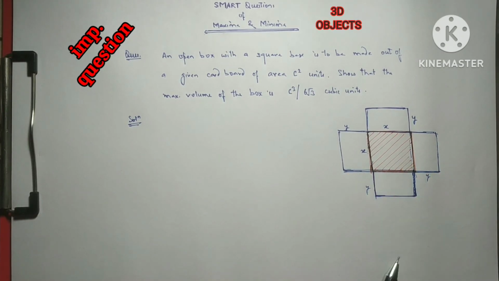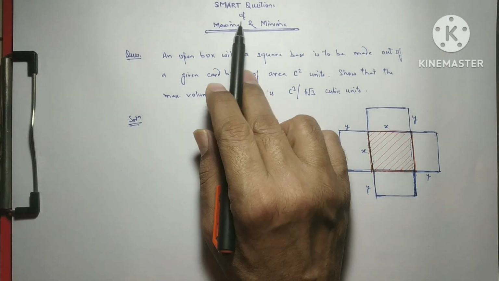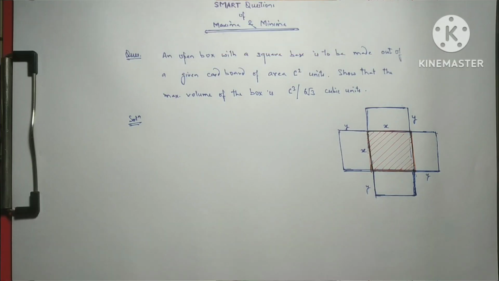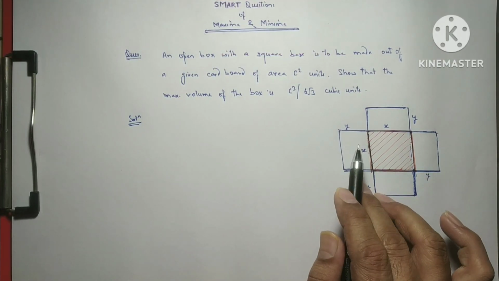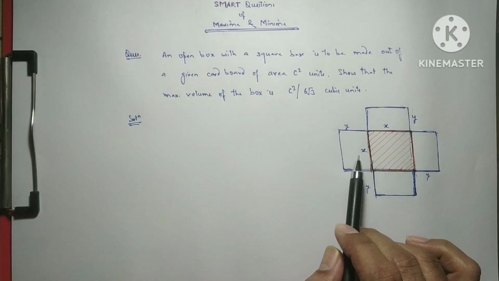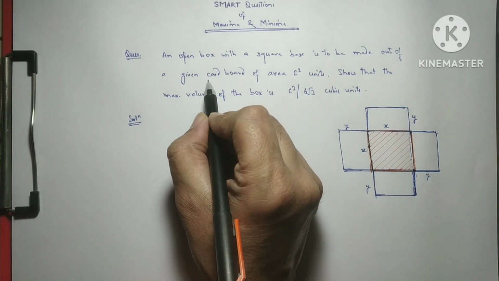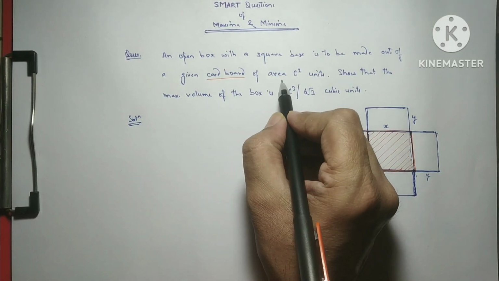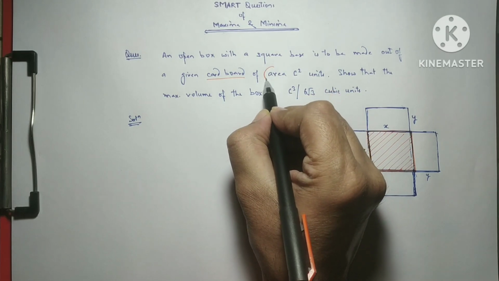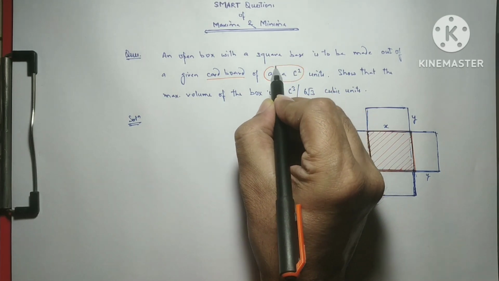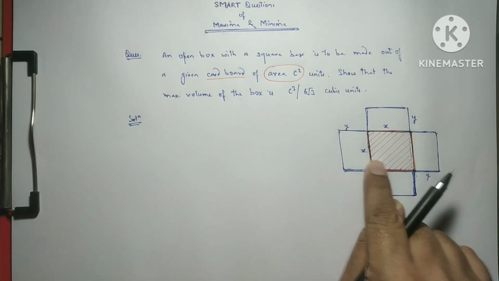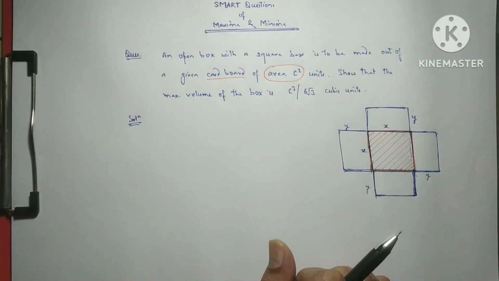Hello guys. So the smart questions of maximum minima. Right now in the first question we are taking an open box which is made by a cardboard of given area. This is the given area. It's the surface area of this entire sheet, that is c square,